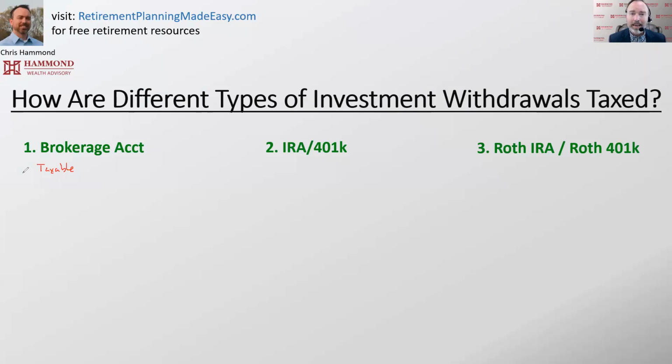And you're going to have a 1099 that your custodian is going to give you at the end of the year that's going to say, this is the dividends that were received, and you have to claim it as income and pay tax on it. So you might have to pay tax on dividends each year. If you have some bonds and they pay interest, you have to pay tax on that as well.